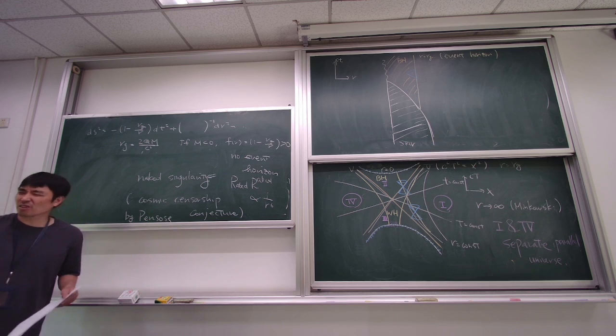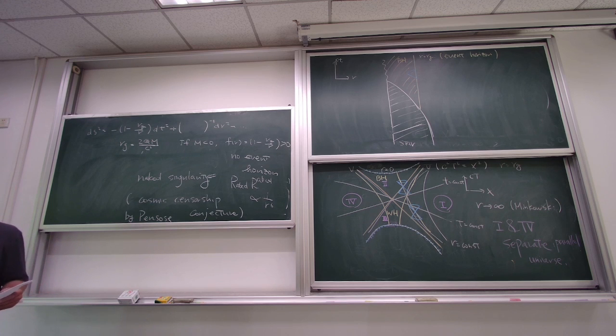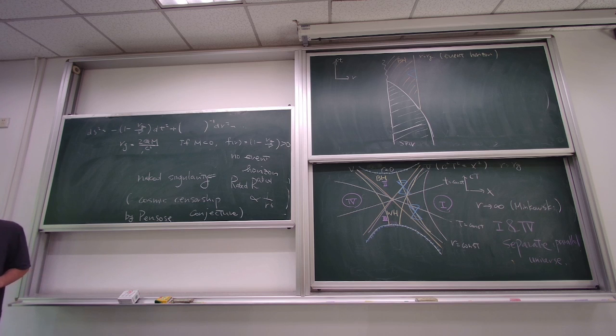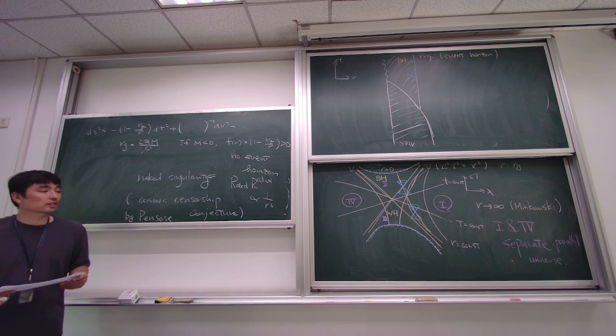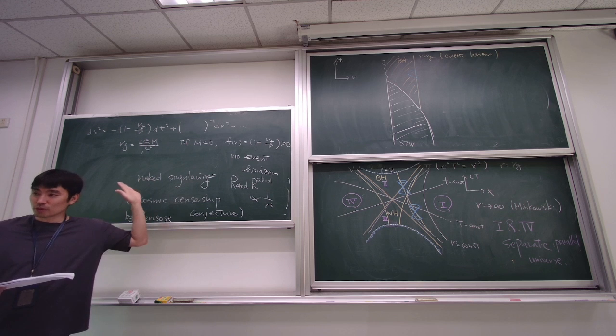This is from the 1960s, late 1960s, almost close to 1970. Penrose made this conjecture, the cosmic censorship conjecture, and it actually excludes